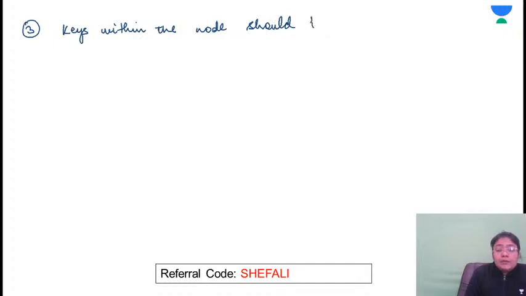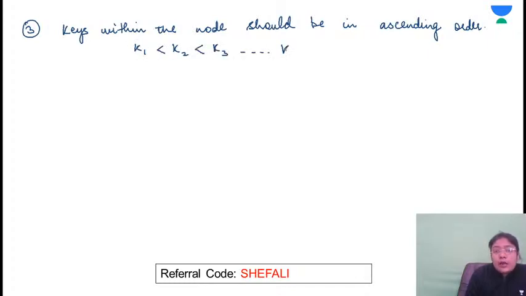should be in ascending order. This means that if the keys are K1, K2, K3, K1 should be less than K2, should be less than K3, and so on up to K(P-1). X means some value, some key